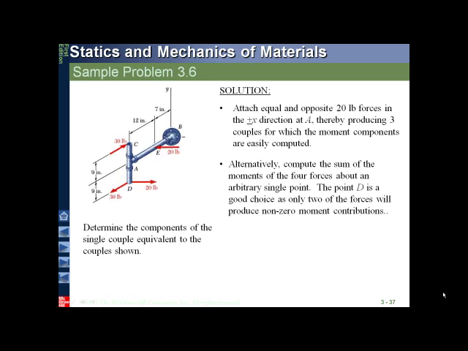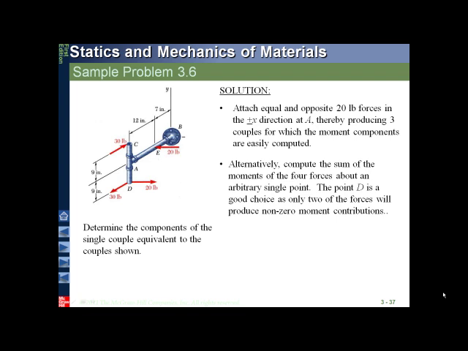Okay, here's a sample problem that, again, helps us get a better understanding of what couples are all about and some of the ways that we can manipulate systems relative to couples. It essentially says, hey, let's calculate the moment that's created by these couples. You can see that there's two equal and opposite forces separated by a distance. Let's come up with a moment that is created on this system, whatever it is, piping apparatus, relative to these